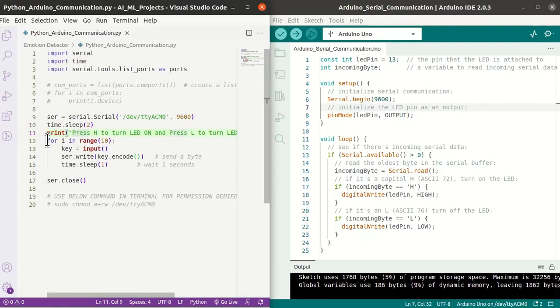Now after that we have a loop for 10, and in that loop we take input. That input key we encode to bytes, because by default input values are Unicode in Python, and we need bytes to send on the serial communication. Once we encode that to bytes, we can use ser, the variable we used for serial initialization, dot write. So it will write that information to Arduino,